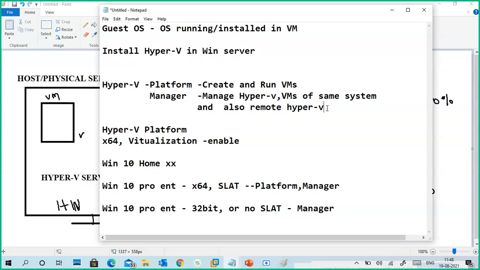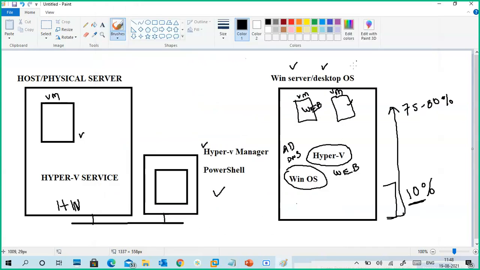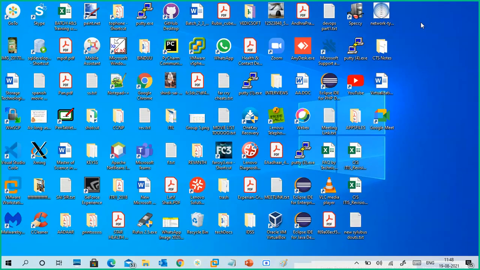We can add those kinds of things. So with this Hyper-V Manager, I can manage my own virtual machines in my Hyper-V, or I can manage virtual machines running on Hyper-V on a remote basis also.